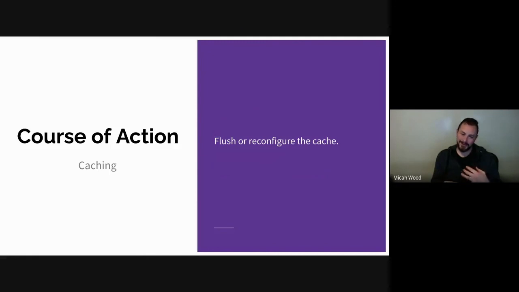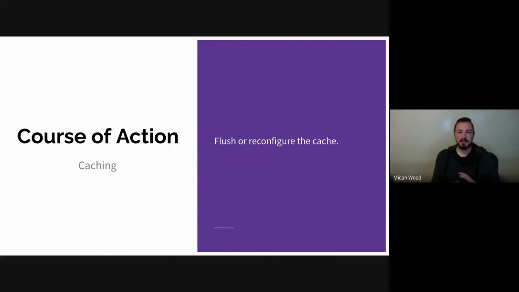Sometimes things get cached in the browser and not even on the WordPress side, so you have to flush the cache in your browser. So being aware of all the places, if you're using Cloudflare, it can have its own caching, so you may need to flush the cache there. So doing that just to verify, okay, yeah, this is going to fix the problem. It's some sort of caching issue. When I flush the cache, that problem goes away.